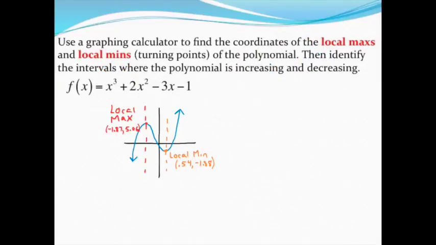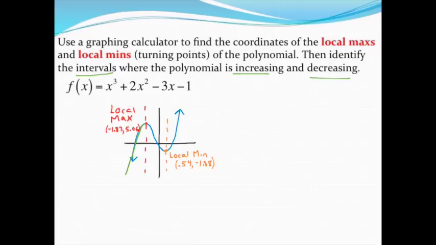Now that we've found the local max and local min of this polynomial, let's describe the intervals where the polynomial is both increasing and decreasing. These are going to use our local max and local min. I made a really rough sketch of what we just found to help us answer this question. Imagine this is a roller coaster and I'm riding it from left to right. As I begin riding, I can see that I'm increasing